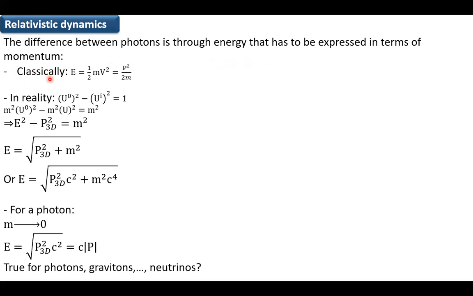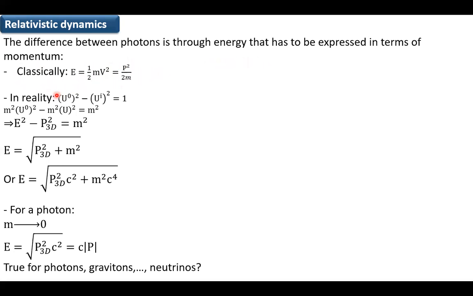And classically, in a Newtonian case, we have E equals half mv squared, which is the same as saying p squared over 2m. Okay, this is a Newtonian case, but